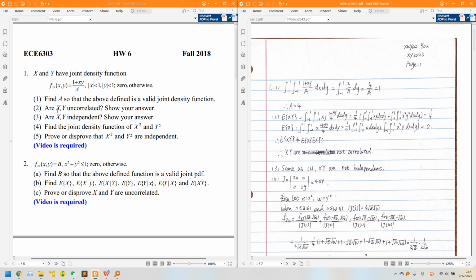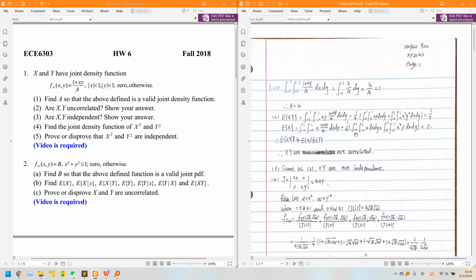Questions 2 and 3 ask whether x and y are correlated or independent. In order to check this, we need to calculate the expectation of x and xy. For the expectation of x, we can calculate that